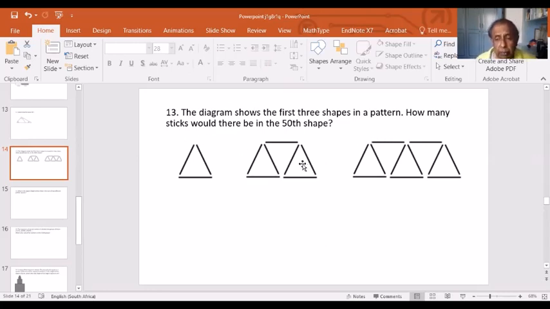Right, so we have to see what is the pattern. How is each shape created from the previous one? That's the important thing. How is each shape created from the previous one? Well, this triangle here, what I did was, to get this new shape, what we did was,